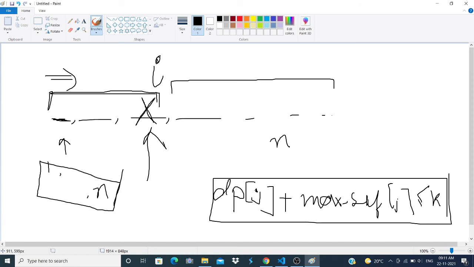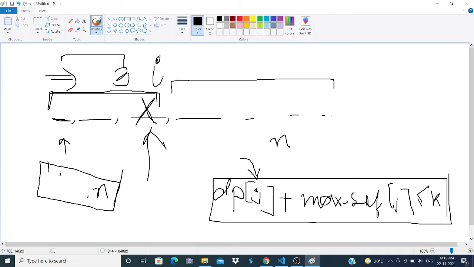Now let me tell you what dp of j is. So dp of j is basically the maximum length of a non-decreasing subsequence which ends with j. If I am putting x over here, I just simply check. And why is it so? Dp of j plus maximum suffix of j is lesser than or equal to k, because let's say there is some subsequence which ends with element 3.